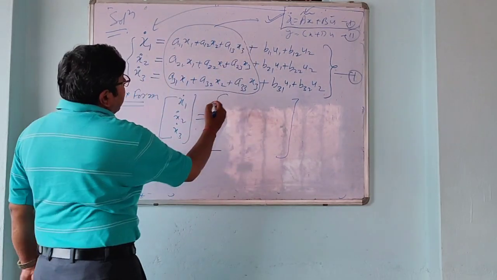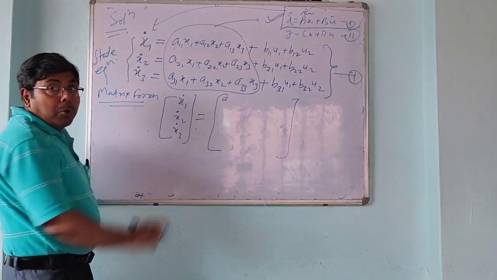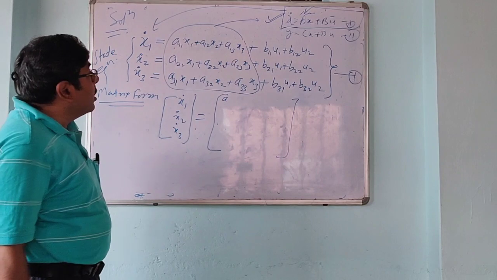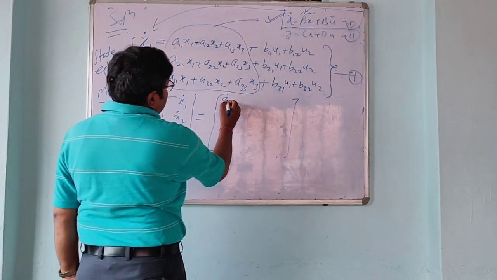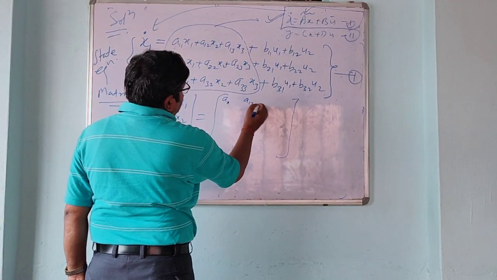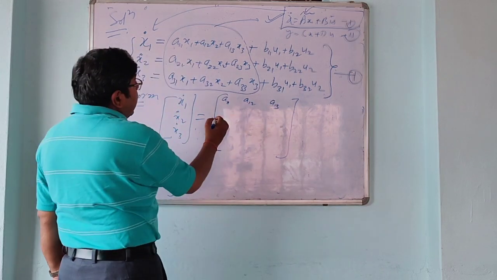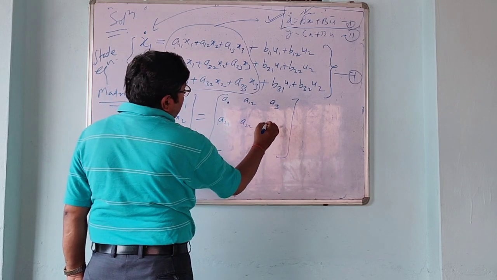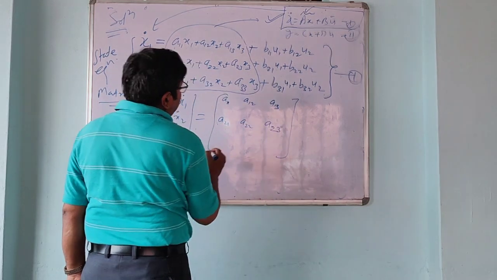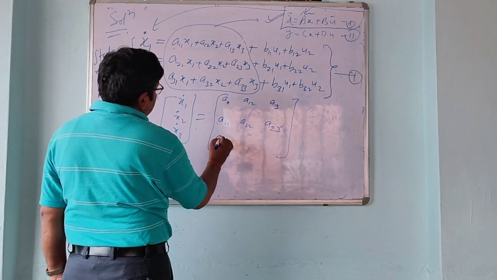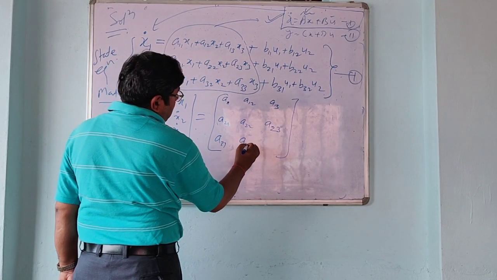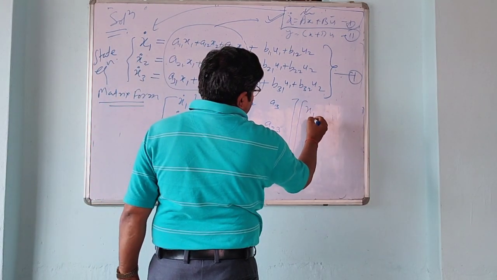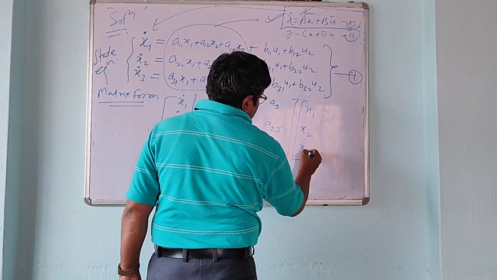From here we can write the first row of this matrix, formed by the coefficients of x1, x2 and x3 from the first equation, that is a11, a12, a13. The second row is formed by the second equation, a21, a22 and a23, and the third row is formed by the third equation, a31, a32 and a33. And here this is the state x1, x2 and x3